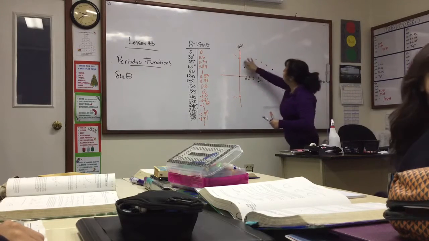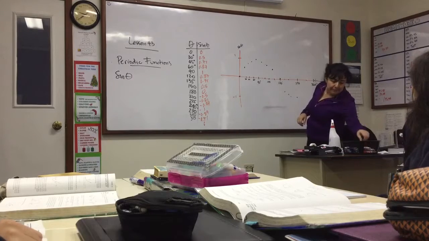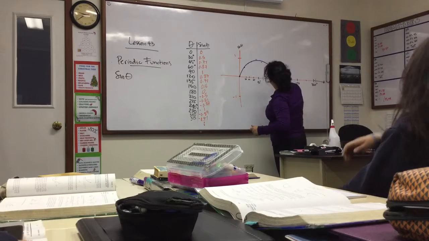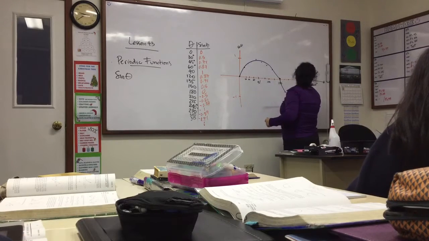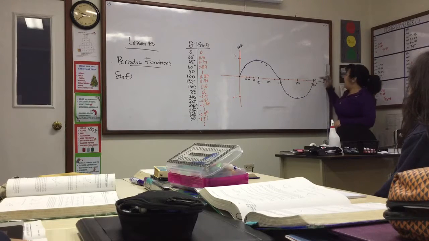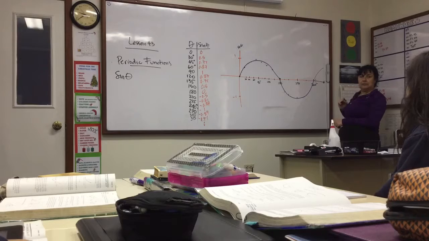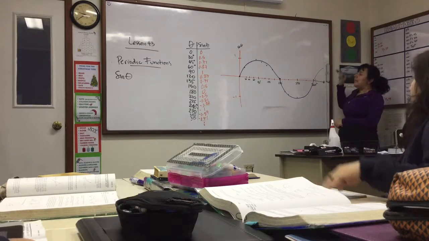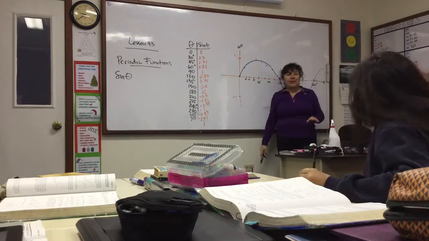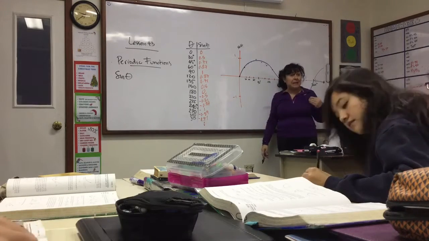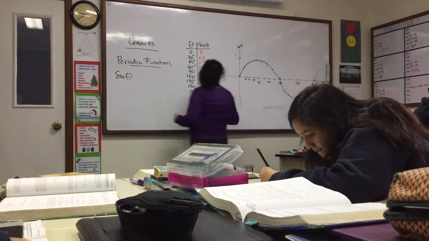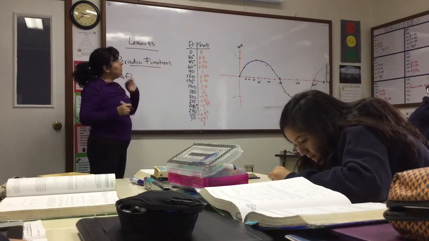Do you see the dots? And when I connect them, it looks like this. See? And then I would start all over again, exactly the same thing. That's why this is called periodic, okay? Now, we're not going to do that every single time because it always behaves the same exact way. And we notice that if I do this with cosine,